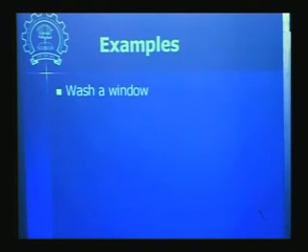Suppose another example is washing a window or wiping the window. See, there is a car assembly line, in which finally everything has been done, and now the robot has to give a final wiping of the glasses or windows of the car. In that application, it should not apply force more than a certain value, otherwise it will break the glass. Okay. So how to achieve that?